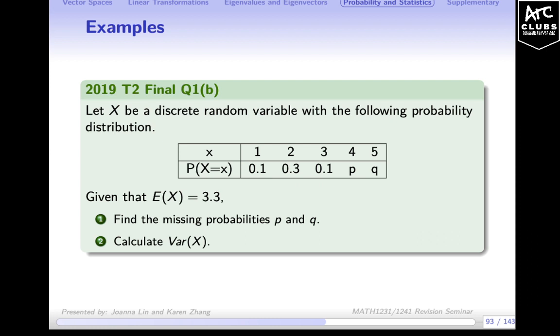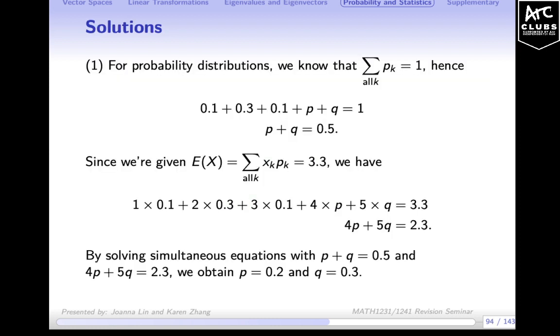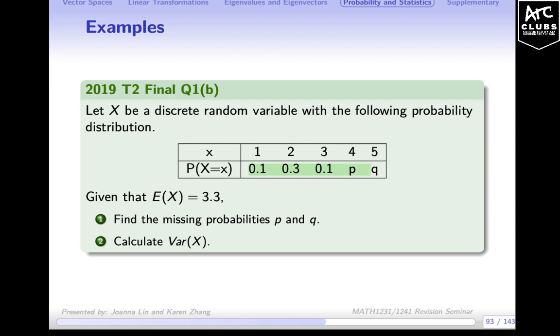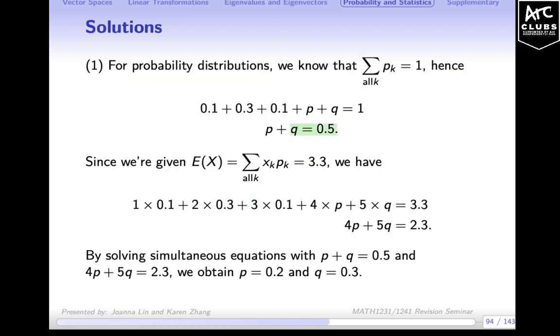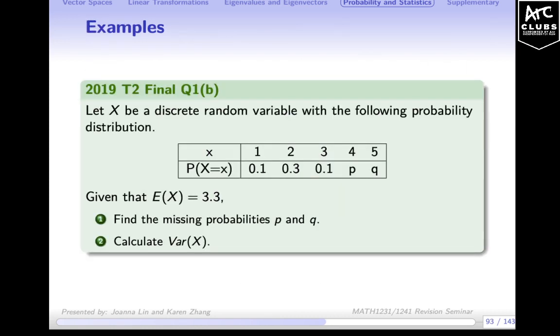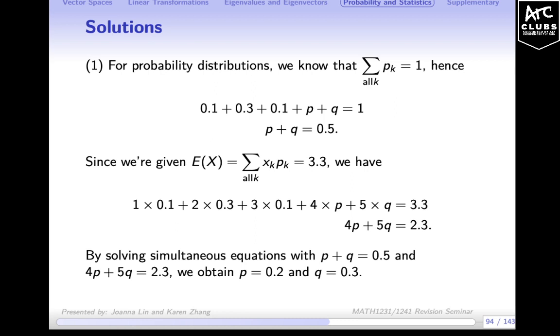Okay, so part 1, remember for probability distributions, we know that the sum has to always equal 1. So when you sum up all of these values here and let it equal 1, you have this equation: p plus q is equal to 0.5. And we're also given that the expected value is 3.3. So working out your expected value using this formula here, you're multiplying the outcome with the probability and summing them all up. So 1 times 0.1, 2 times 0.3, 3 times 0.1, 4 times p, and 5 times q, and make that equal to 3.3. Then from here you have two equations, you can solve them simultaneously